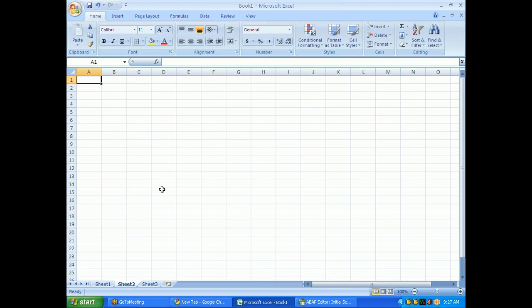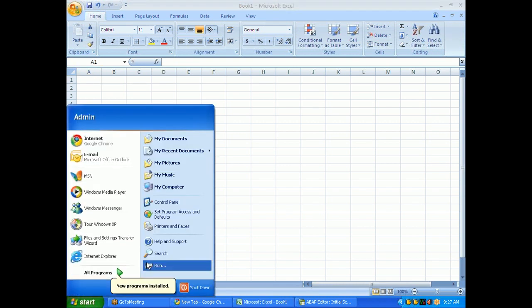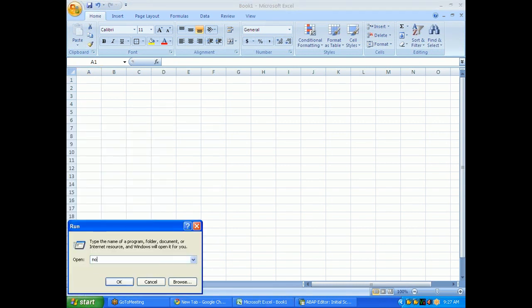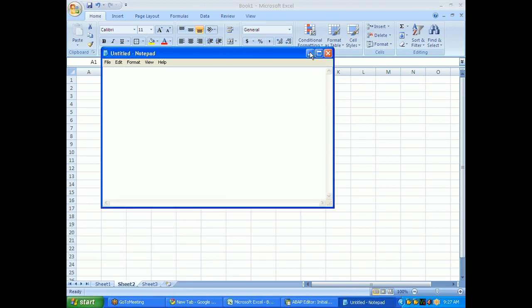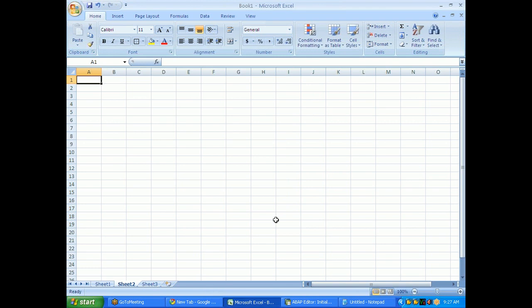Second one is internal table without header line. So there are two types of internal tables with respect to header line. What is this header line? Header line is nothing but a work area.